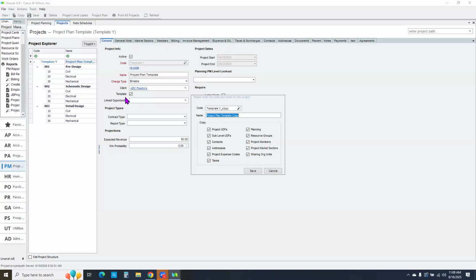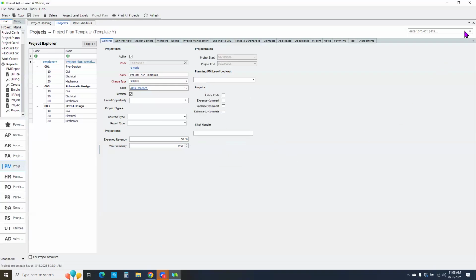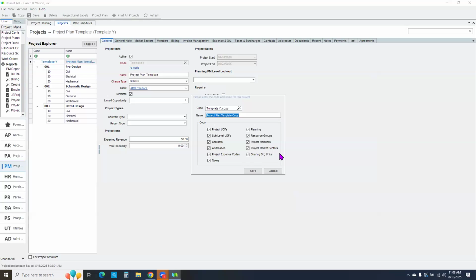So if we create these templates for our standard work types, then your PMs or your project coordinators that may set up projects can come into the project applet, open up that template, search for it, however they may get to it, and then start that copy process. So if I'm going to create that next project, again, if you have auto numbering set up, you can use that. Or if you didn't, of course, you can create that number. I'm going to make a .1. I had done some experimenting,